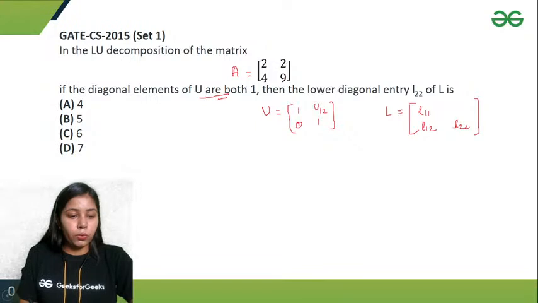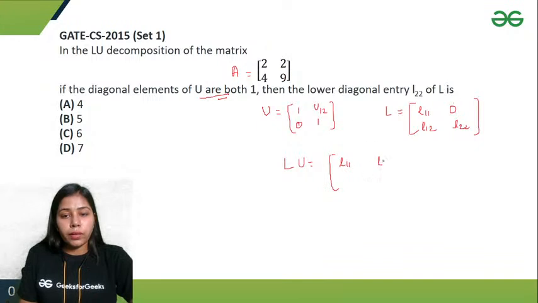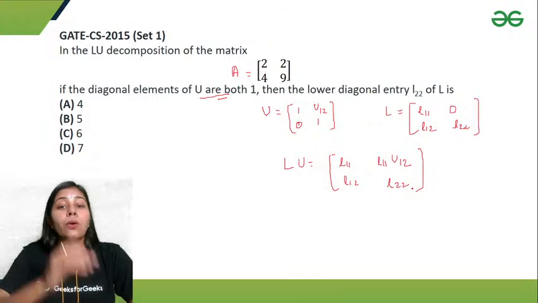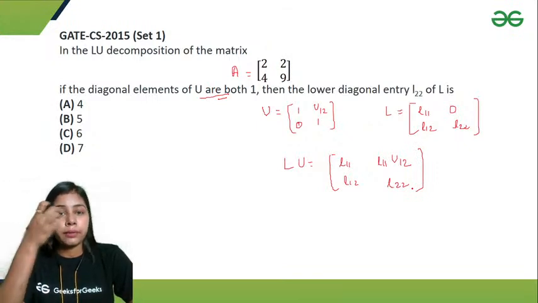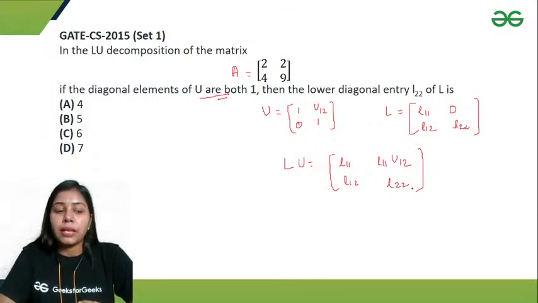This will be our lower triangular matrix, right? Now I can find out LU. What will LU become? LU will become L11, U12, and this will become L12, and this will become L22, right? This is a matrix. Now I can compare LU with A. Let's compare A with LU,